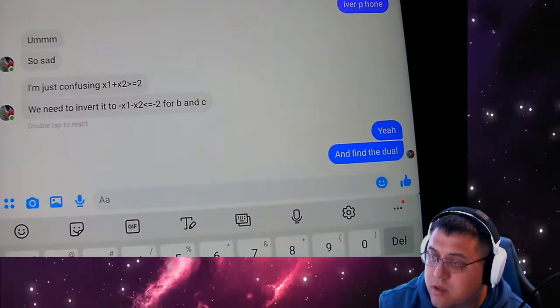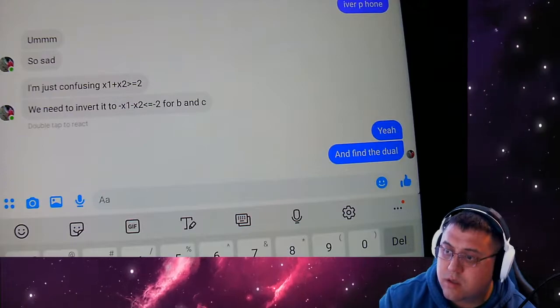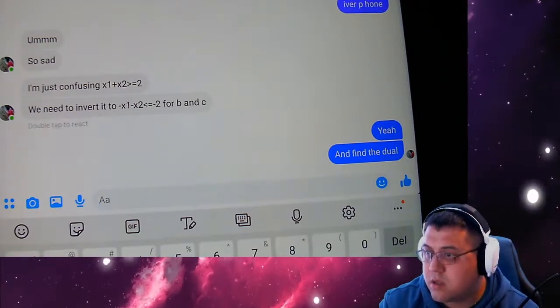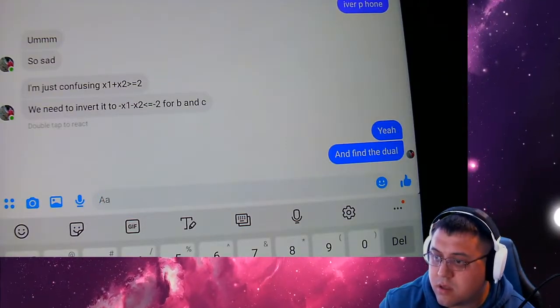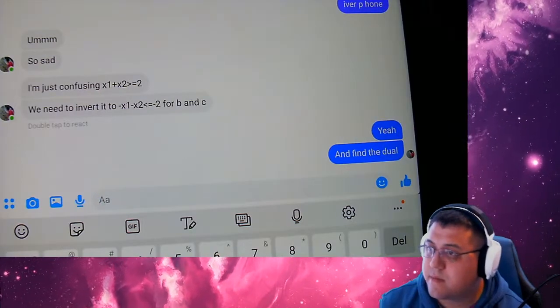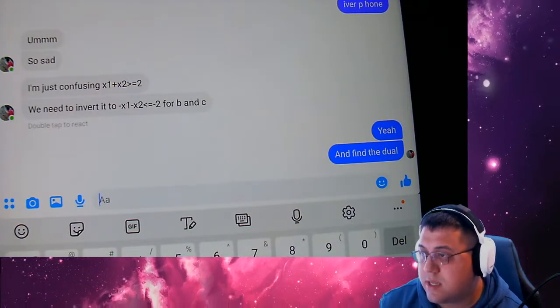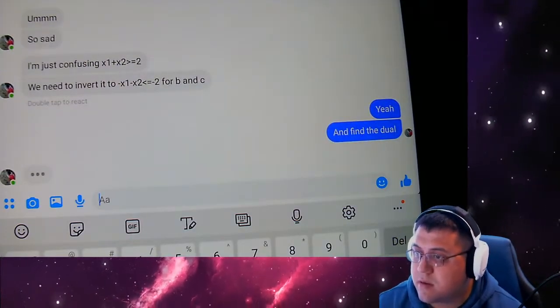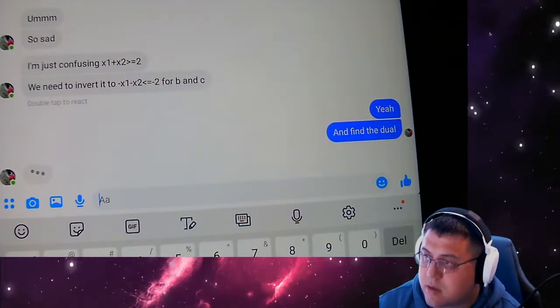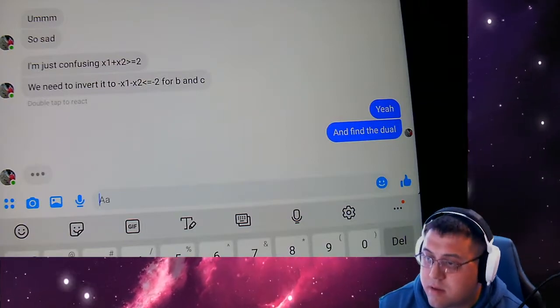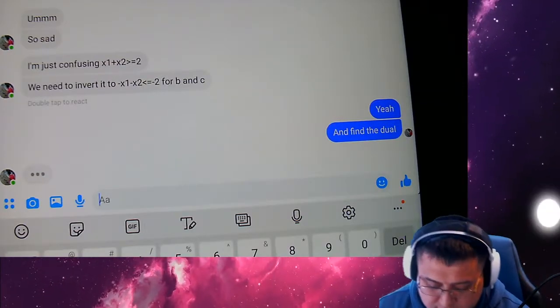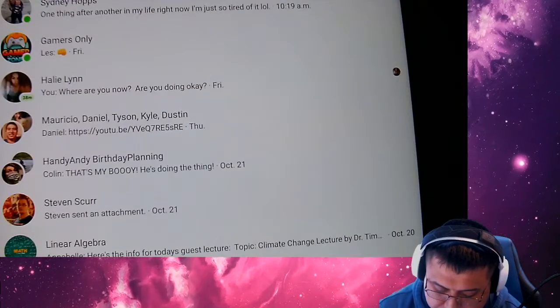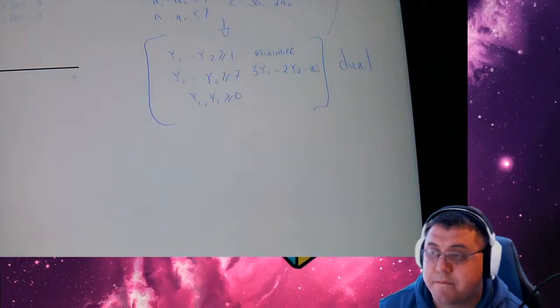X, V, Y, U are all vectors. The criterion theorem says that if primal and dual have feasible solutions with the same value of the objective function, then those solutions are optimal to the primal and dual respectively. Okay. Now the third one is called the main duality theorem. Main duality theorem. Okay. If primal and dual have feasible solutions,